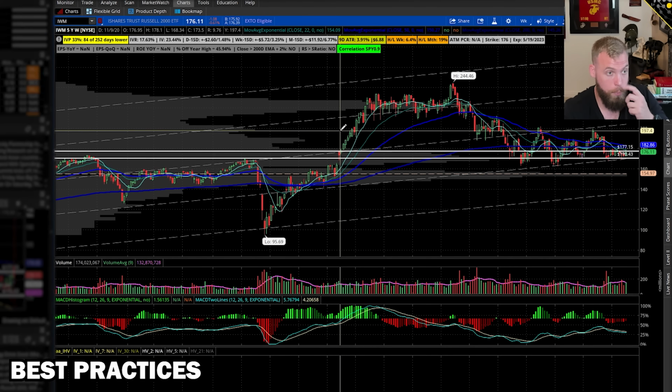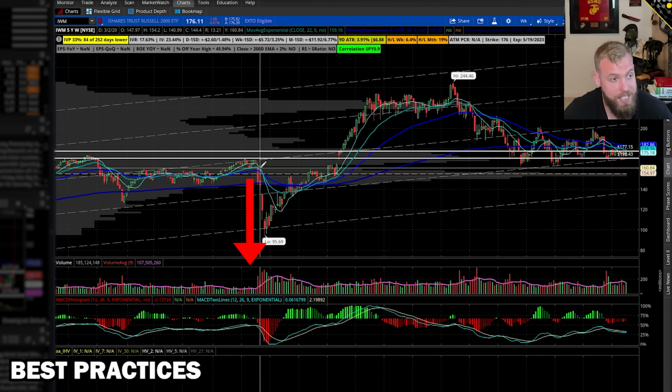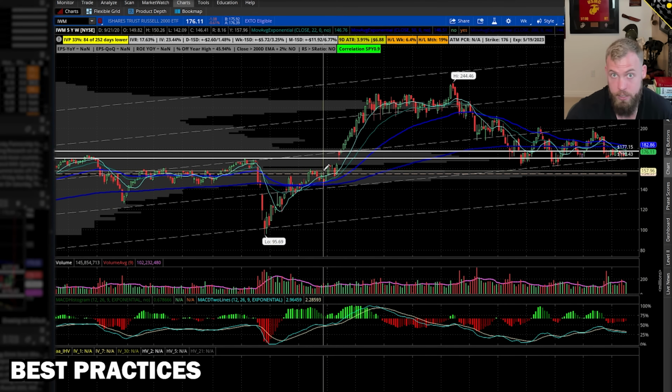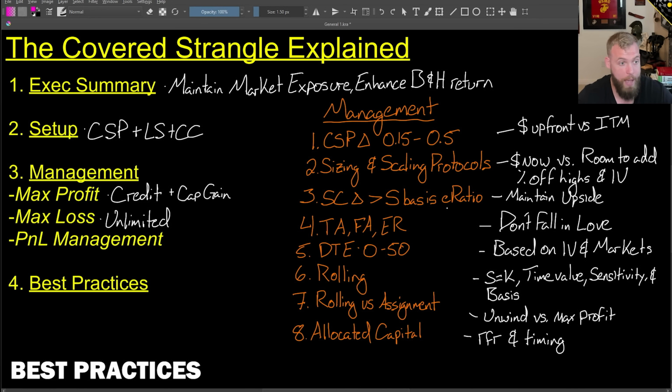That's okay. It's not a worst case scenario because you're still eventually going to make money, but that's not what I'm looking for. I want to be able to scale in on the way down so that as we make this V-shaped recovery, which I didn't know at the point in time, as we make that recovery, I can make a lot more money. So it is important to note that when we're thinking about scaling, it's a tricky prospect. I typically am going to use something like each 5% decline, I'm going to look at deploying something, whether it's 5% of my remaining allocation, 10%. You have to figure out what's right for you, but you have to think about scaling as silver bullets,